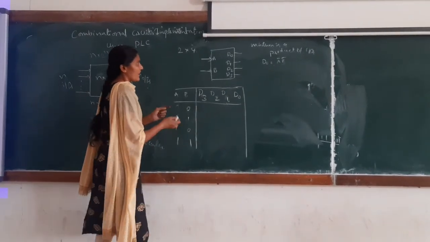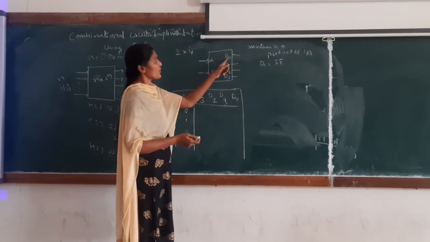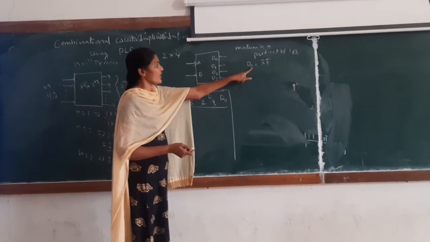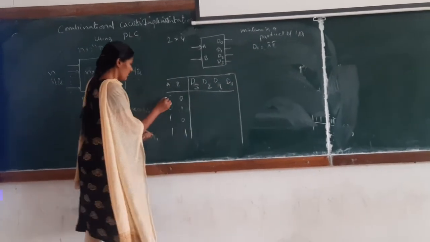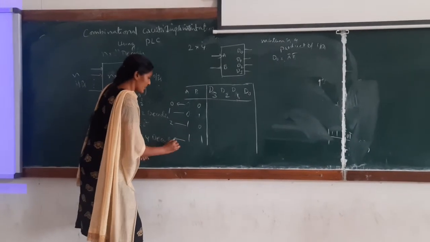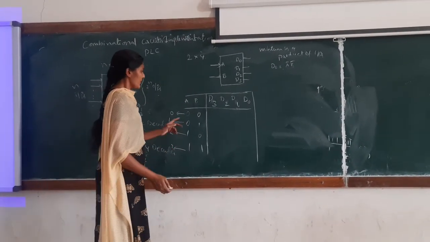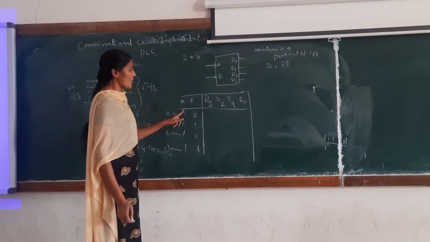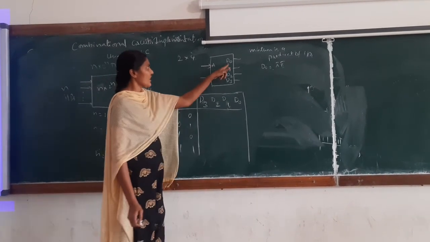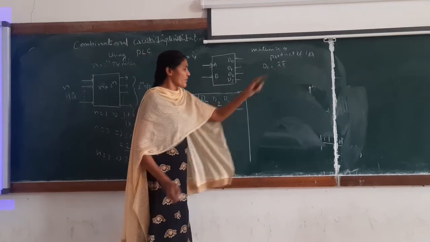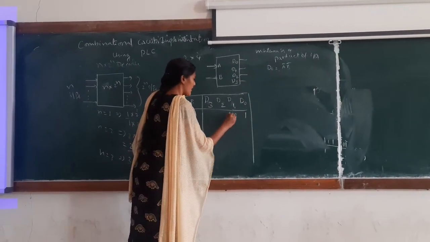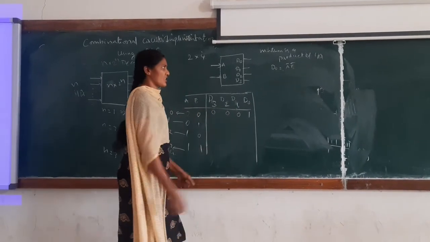Each output of a decoder is one product term. D0 means what is the decimal value? 0. So this is the 0 decimal value, 1 decimal value, 2 decimal value and 3 decimal value. A 0 means the complement of the input, and 1 means the normal input. So D0 equals A bar B bar, so that the corresponding minterm goes to a high state and all the remaining go to a 0 state.